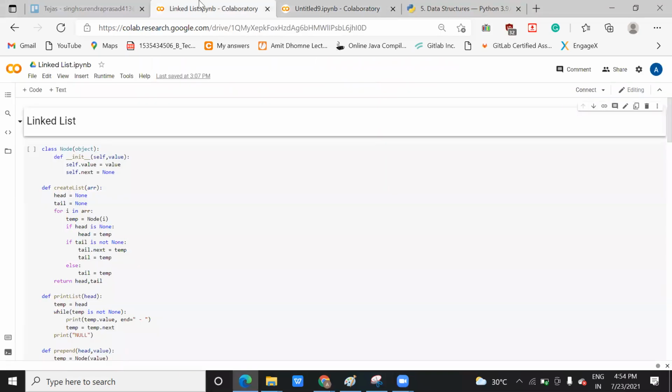Now I am going to show you one code. Linked list I have explained to you. If you remember, I explained how this linked list works. Do you remember, ma'am? I think Tejas remembers, he attended the last class.